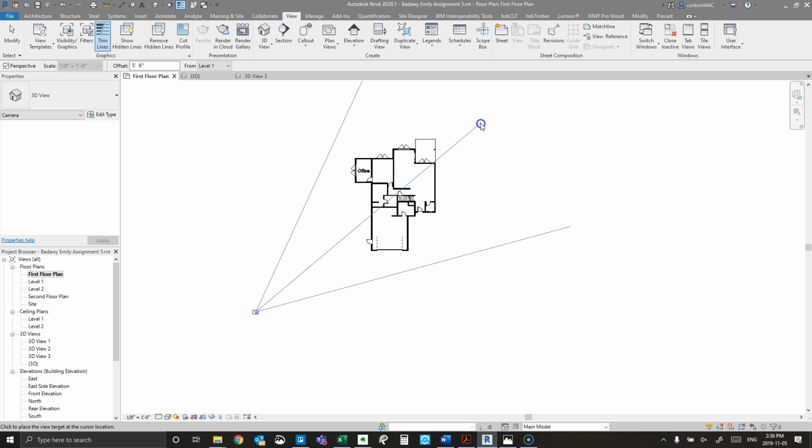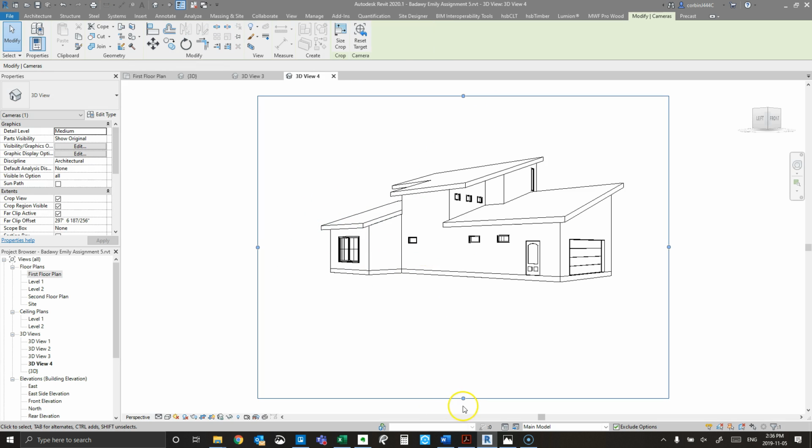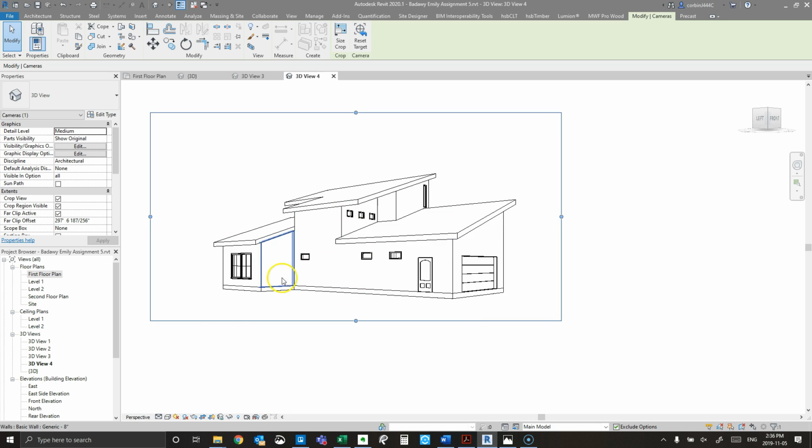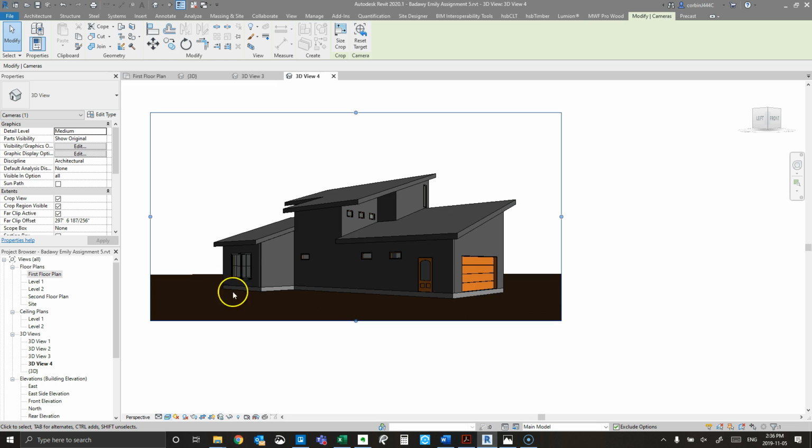You want to make sure you click somewhere out in the white space and then somewhere on the other side of the building so that the camera gets the extents through the building. So now that I have this view set up, I can actually just preview it in realistic right now to see what it'll look like. This is obviously an early development of this student's project, but now that you have that set up,